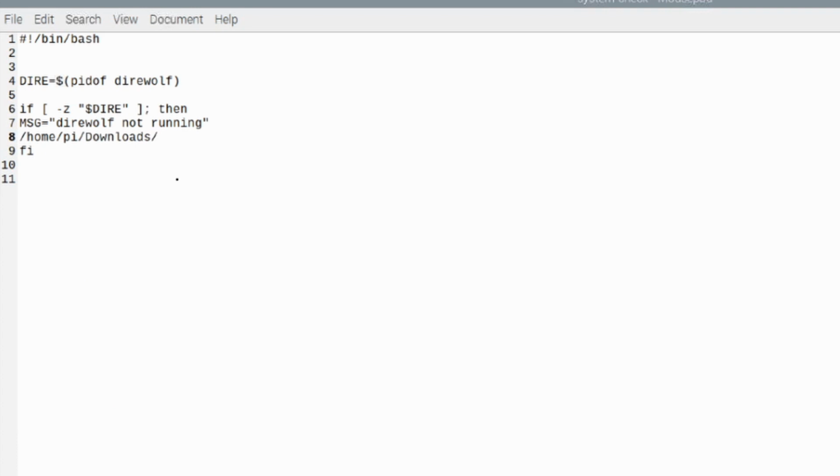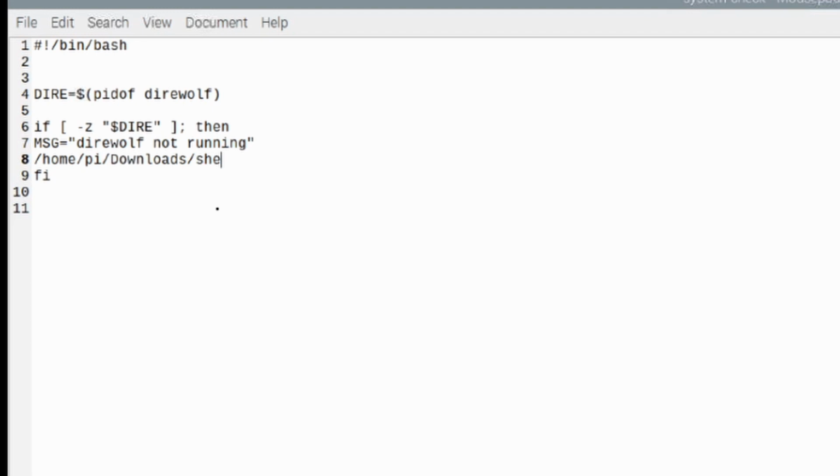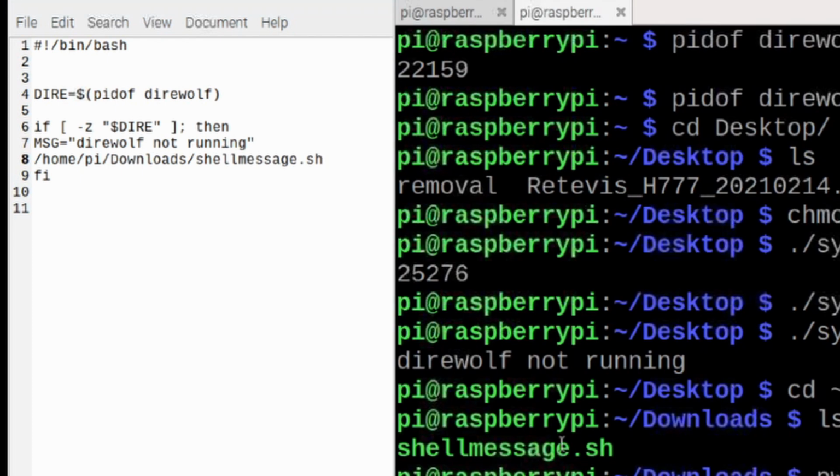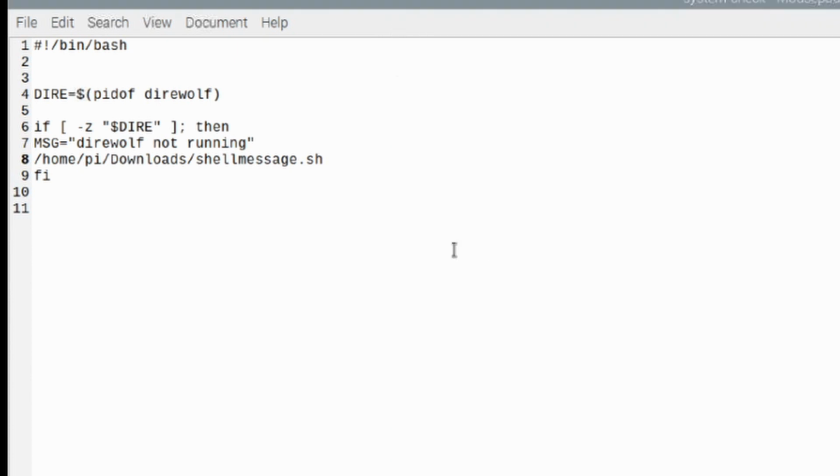Now that's the path. We also need to give it the script name that we are working with, and let's make sure I spell that correctly: shellmessage.sh. I did. Now, remember, when we call that script, we've got to tell it who the message is going to, and we need to give it the message. What I want to do is send this to a cell phone number. So I'm going to address the message to SMSGTE. And then for the actual message, I'm going to give it a quotation mark here, and the @ symbol. What I'm doing is using an alias for the SMSGTE service